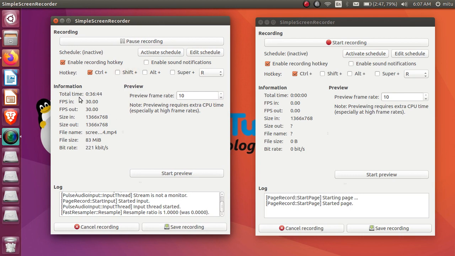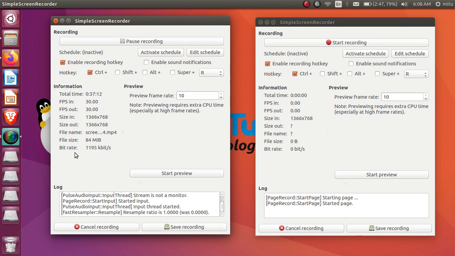The current video is at this particular state, 36 minutes 48 seconds. The FPS, the frame rate, in and out, both are almost 30, which I have chosen at the initial stage. The size in, these are the sizes which I have chosen. The file name is present by the same name, screen recorder, and along with that the timestamp of the recording is connected to the respective file name.